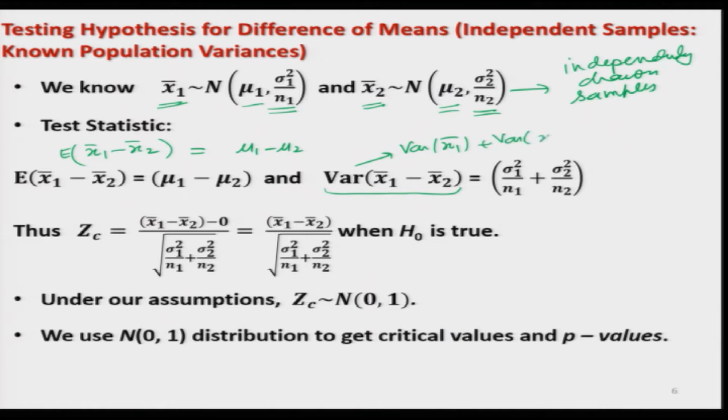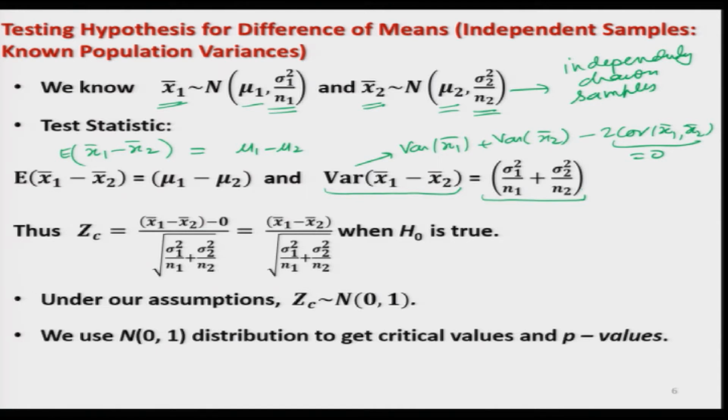variance of x bar 2 and minus twice the covariance between x bar 1 and x bar 2. But this covariance term is going to be 0 because the observations in the first and second sample are mutually independent of each other. So now this variance of x1 bar minus x2 bar comes out to be like this, and